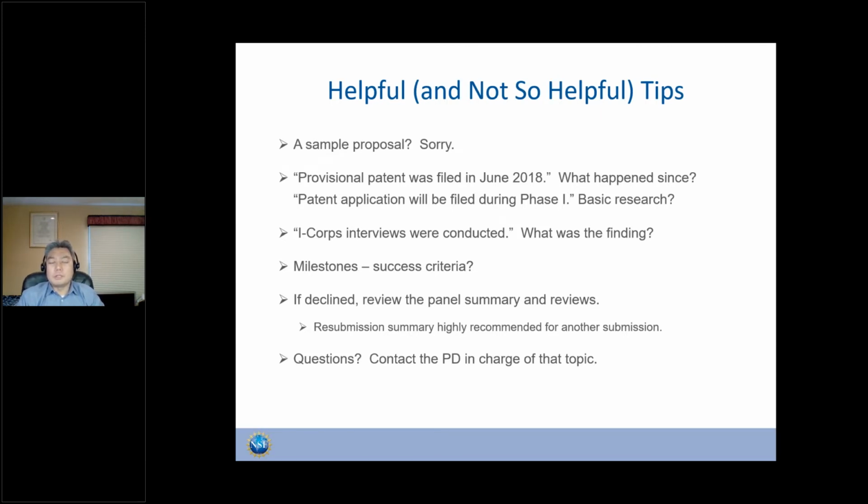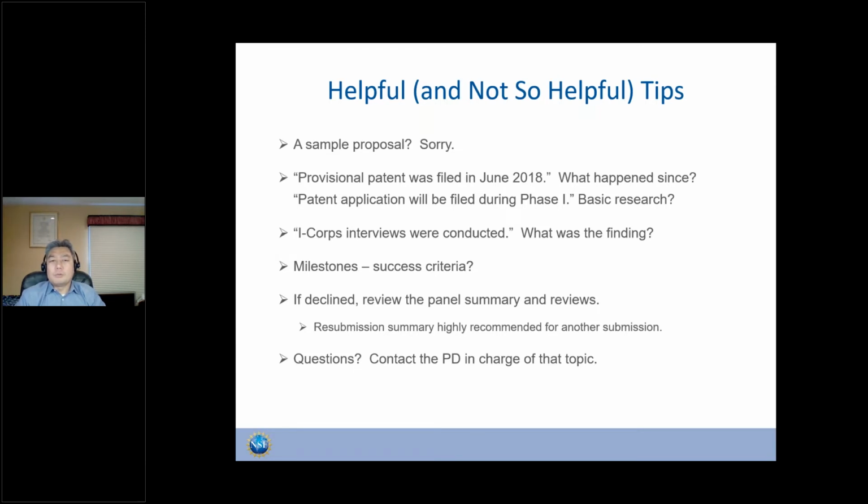And if a company gets declined, I think it's very important that the company just circles back with us. The decline email will have the program director that processed the proposal. So if you can just reach out to that program director and have a debriefing call, I think this is going to be helpful if you're thinking about submitting a proposal again for consideration. I think that's probably a must. It'll never hurt you in any way to have this type of meeting. And hopefully that discussion will help you to prepare a stronger proposal and be successful with the next